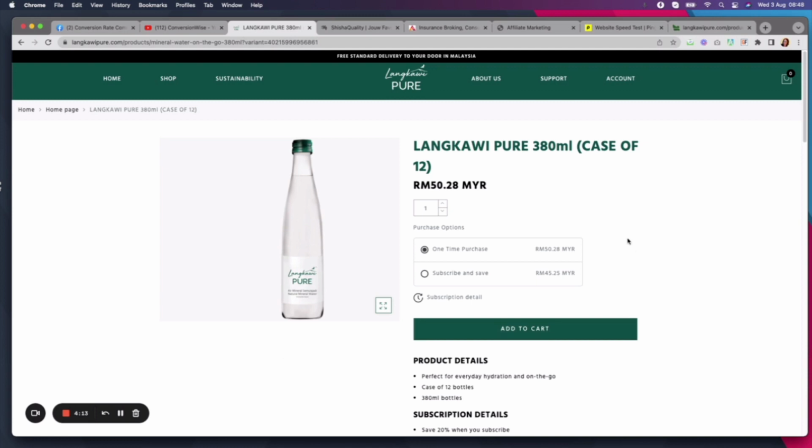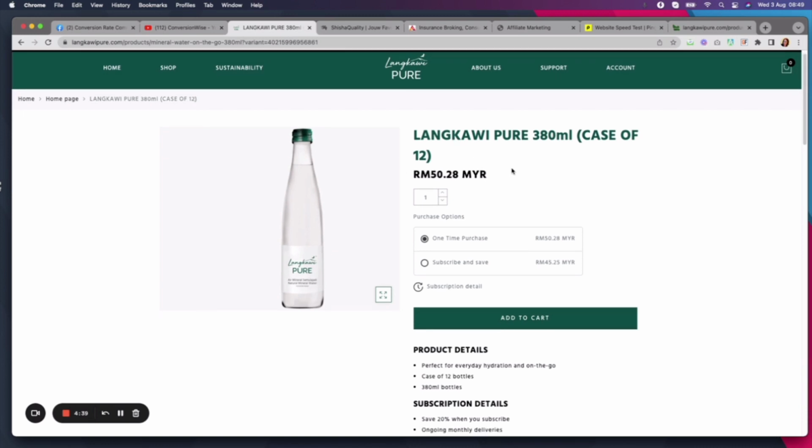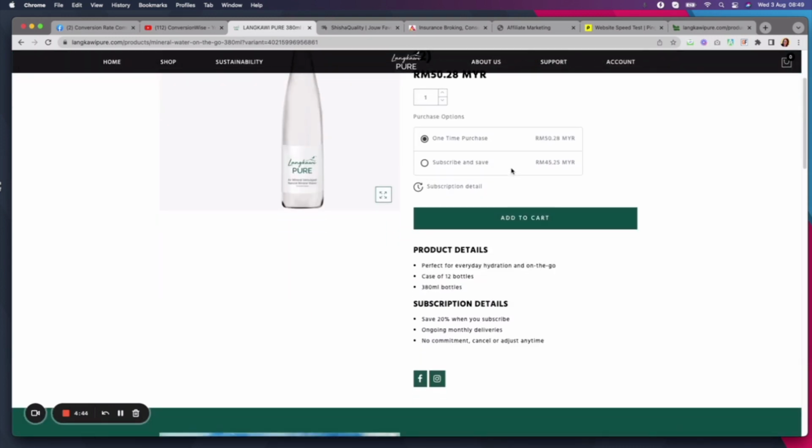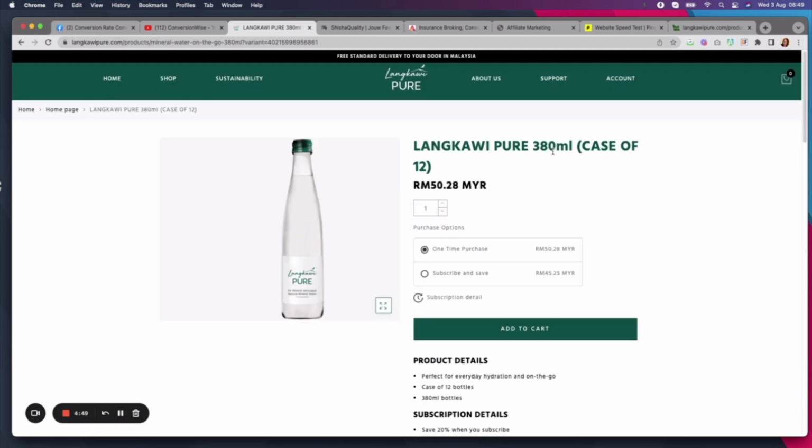So cool. Here we have an absolute description. Now we see this on product pages a lot. I know it's a product description. It can be tricky, but whenever it comes to any kind of product or service, you want to try and make it a little bit emotive or pull out a key benefit. So, what's so cool about this one? Is it that it's natural? I'm trying to think about a benefit of water. Perfect for hydration on the go. Yeah, you could stay hydrated with